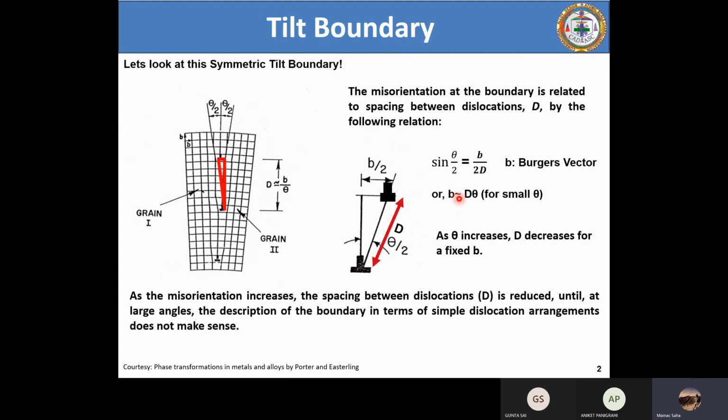Guys, any idea? B is equal to d theta. This is fine, right? Yes, sir. So B is equal to d theta. Are you able to understand this? I wanted to actually interact with this. This B is nearly equal to d theta. Is it clear? Yes, sir. It is approximately taken as d theta because theta is very small. So theta by 2 is equal to b by 2d, the 2 cancels, so b is nearly equal to d theta.